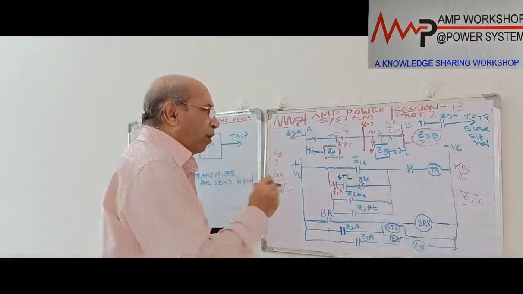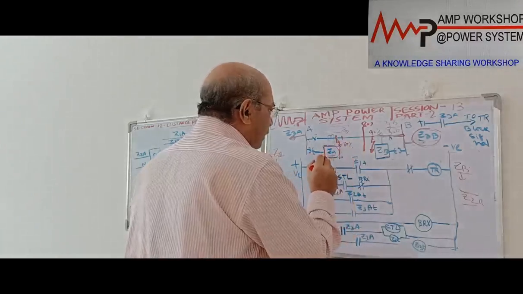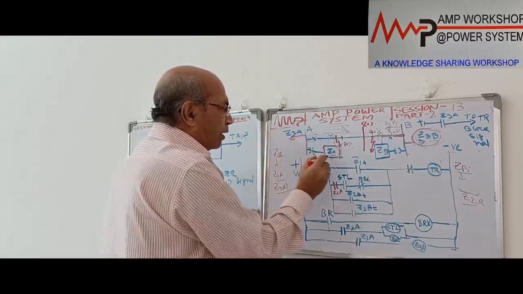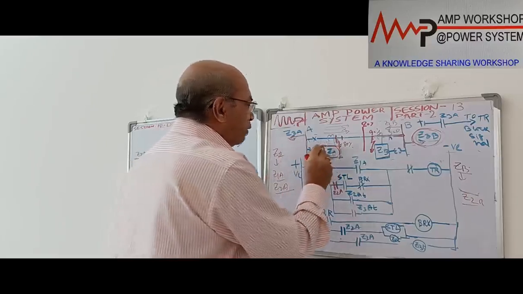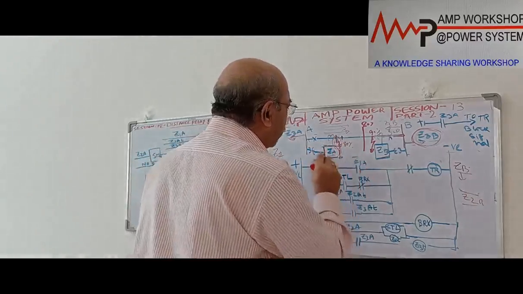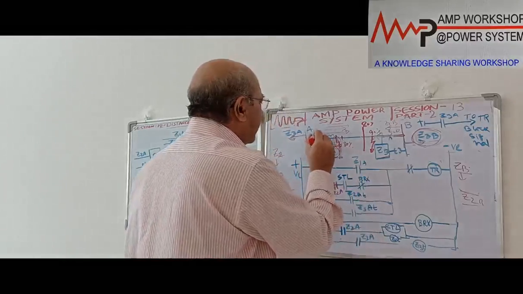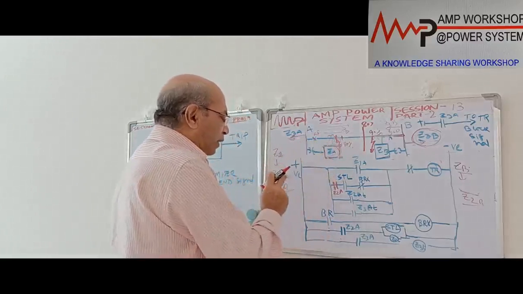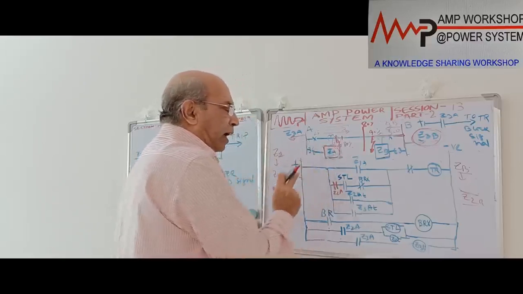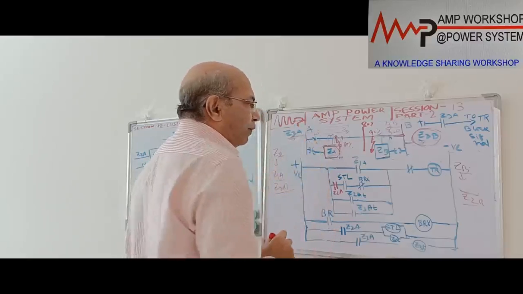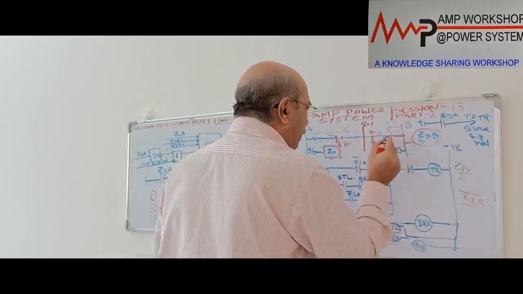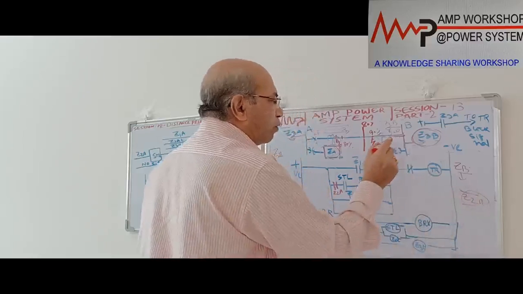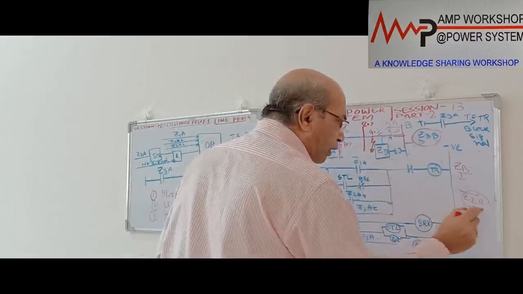Now when the fault is over here, Z3 is not operating, so it will not issue any signal. This is the reverse-looking element here. Since it is a zone 1 fault, zone 1 will operate immediately and this end breaker will be off immediately. When the fault is within 10% of the line from relay A, the first element, the zone 1 element, will operate instantly and this breaker will trip immediately. And at this end, the fault is at 90%. So here, what has happened? Z1 has not operated, only Z2 has operated over here.